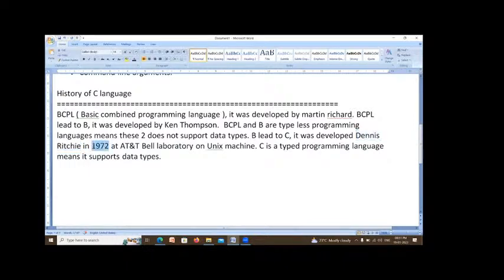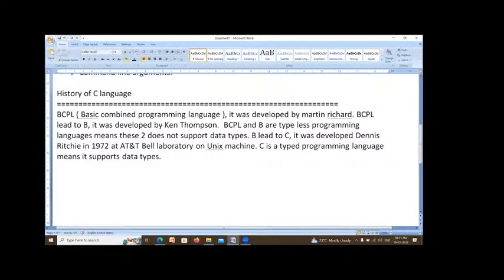C was developed in the year 1972 at AT&T Bell Laboratory on a Unix machine. Actually, C is a typed programming language, meaning it supports data types. Clear?